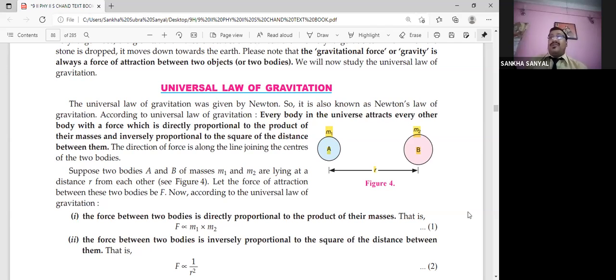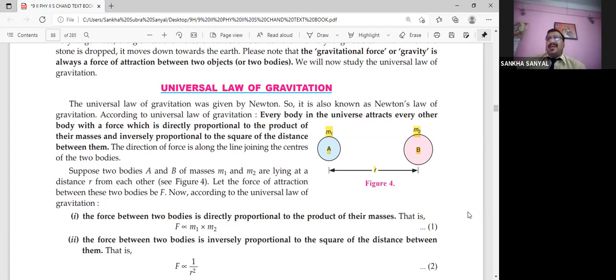If I consider them to be spherical, in fact, if you see the figure, they are spherical. But this is something which is applicable universally. It is applicable for all kinds of bodies of all kinds of shapes. But then again, why do we take a spherical shape? Because Earth is presumed to be a sphere, though it's geoid in shape, but we presume it to be a sphere for simplicity of calculation. So, what does the universal law of gravitation say?